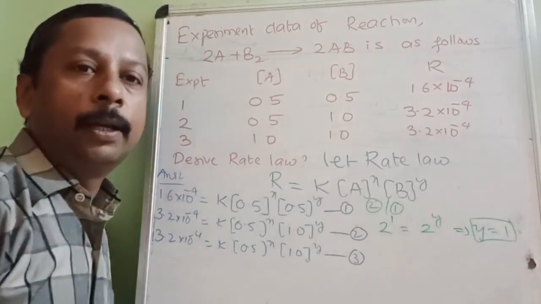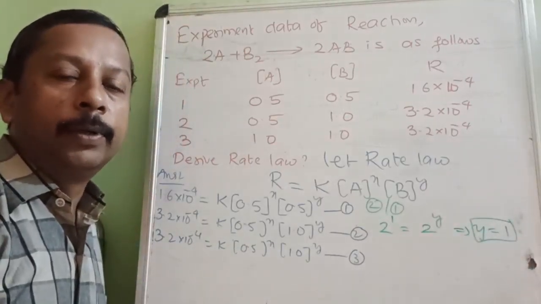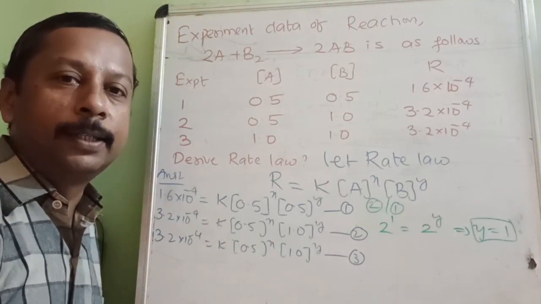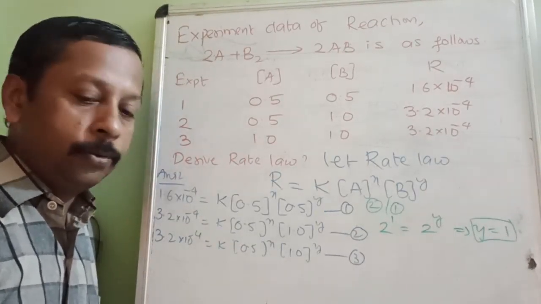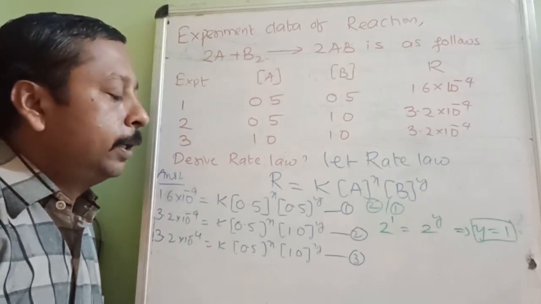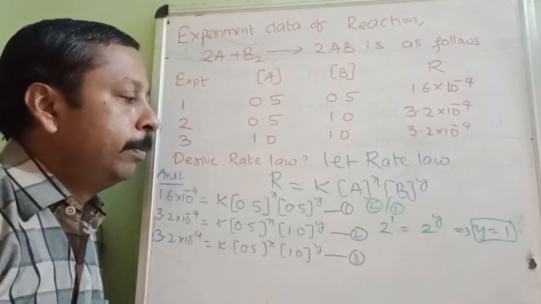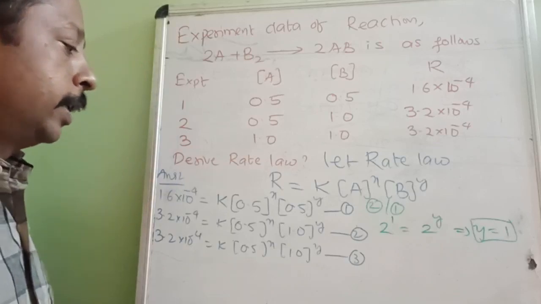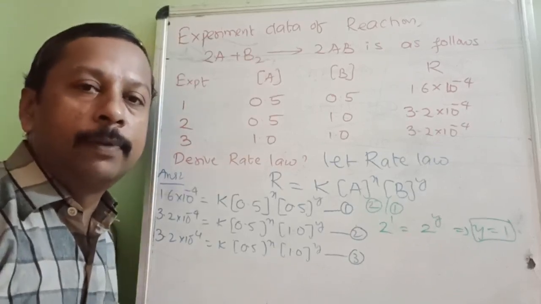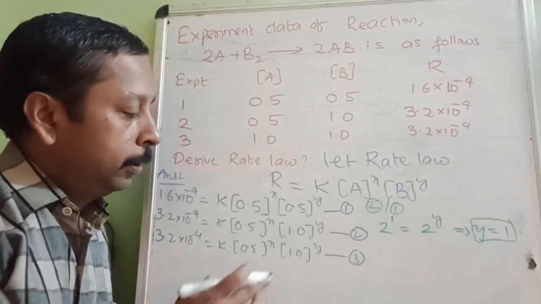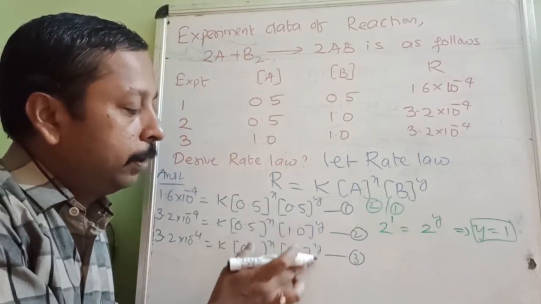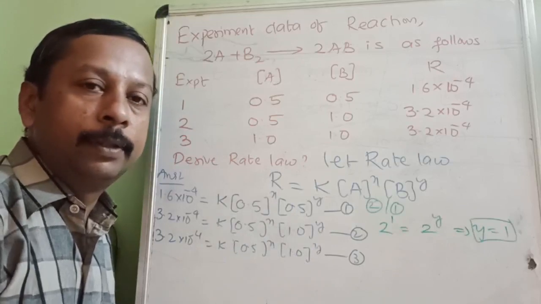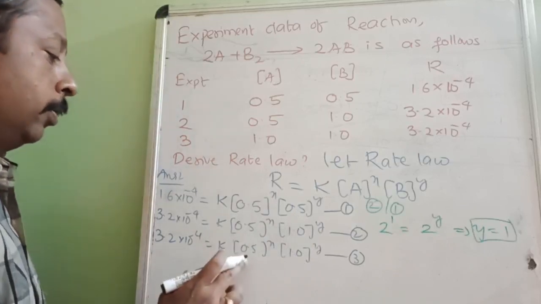That means the first value we can find out now. We could find out the y value. Now let's see about the x value. Okay, so let's find the x value with another equation. For that, which one will be the better one? For finding out x, you have to make sure that y is cancelled. So if I select equations 2 and 3, this will be the best option because the y values are the same, they will get cancelled with each other.